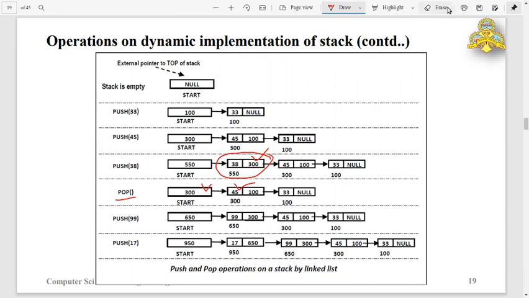So after the pop operation, after the push operations, the stack will be like this. This is the stack. Then by passing the address of the previous first node, that is 550, to the free function, the memory will be deallocated. So this is for push and pop operation on a dynamic implementation of stack.